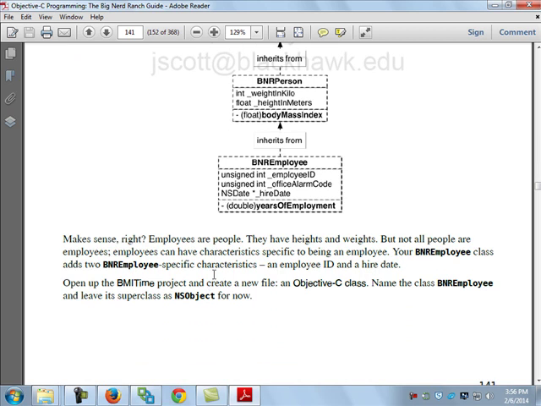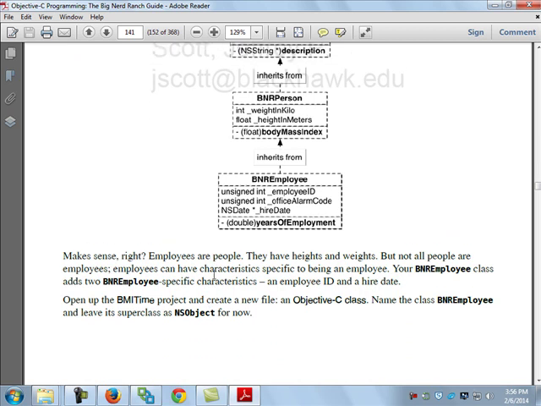So he comes in here and he's using that same program that he's been working with. You still have the person with their height and their weight, but now, as we started talking about before, what the employee has. As we talked about a little bit last time, you'll notice that the ID and the alarm code are simple variables, and the date is an object. He also has a method in here to figure out years of employment. And again, it should make sense to everybody that years of employment